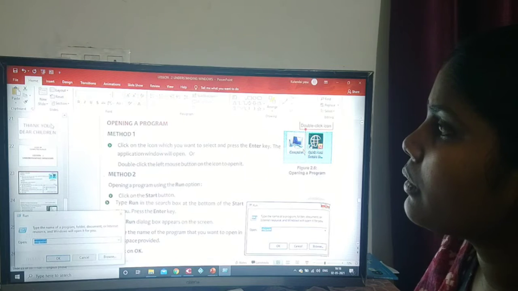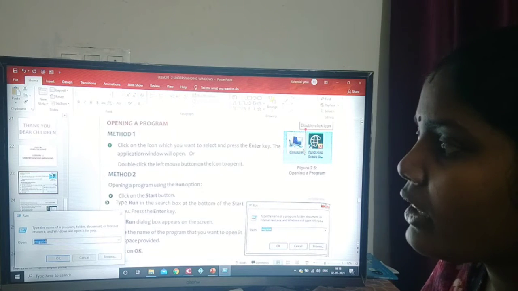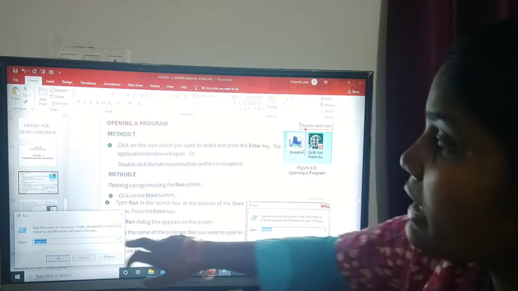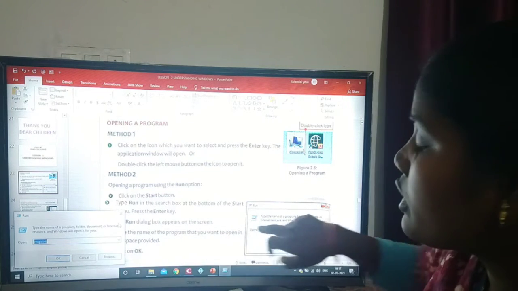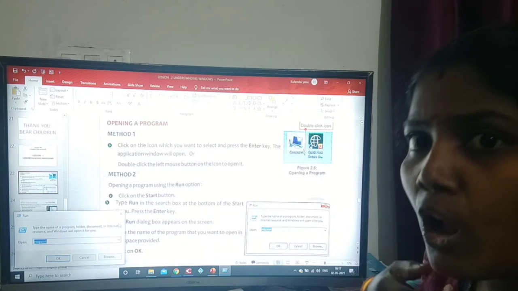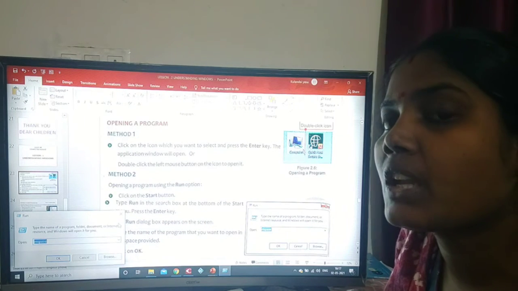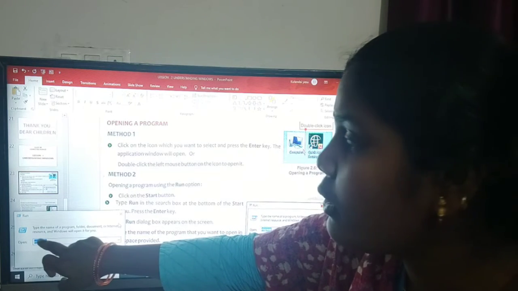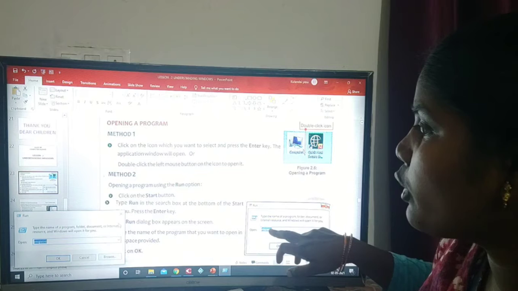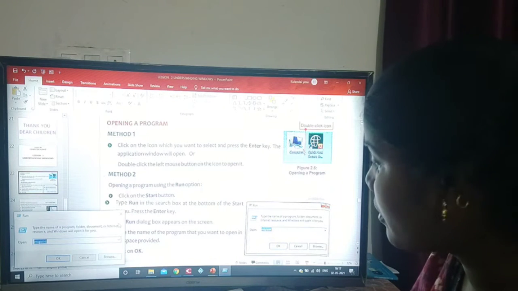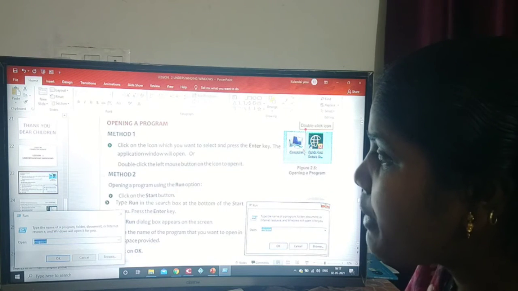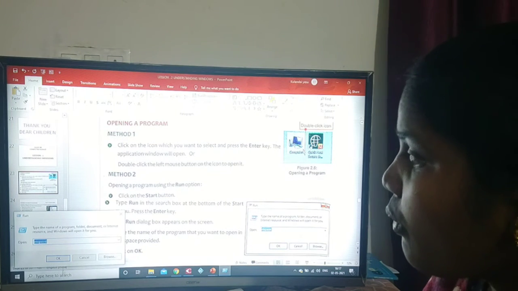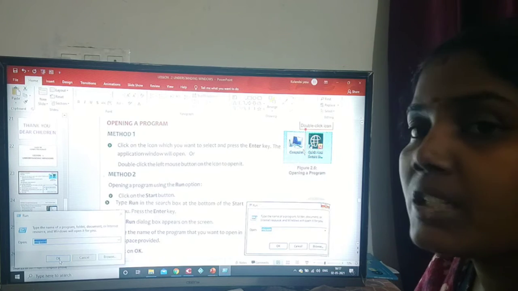I click on it, and see, the picture in your book and what is visible here are the same. Now whichever application I want to open, I have to type that application name here. In your book it is given MS Paint, so I also typed MS Paint here. Then we have to give OK, then it will open.